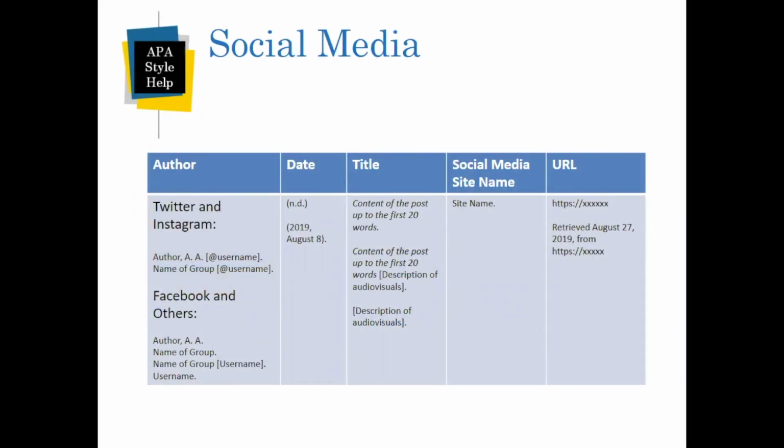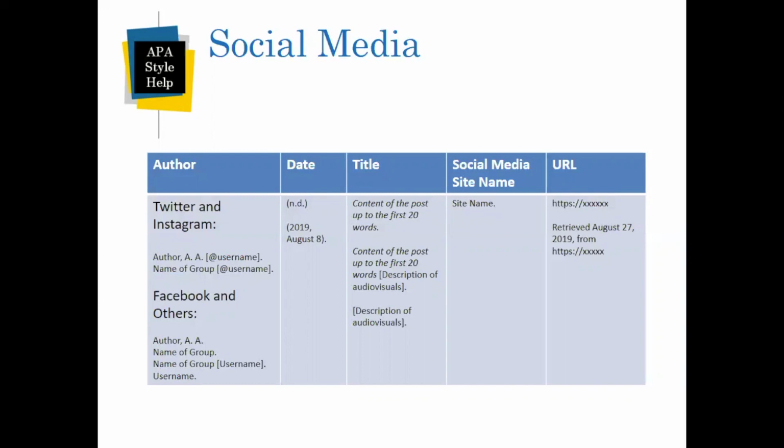Now that we have completed the basic and intermediate forms, we want to talk about the advanced forms, which in this case is social media. The APA 7th edition has laid out very explicit instructions on how to cite social media and what information needs to be included. This chart is taken right from the book, and it provides great guidance in what to do with social media information. So every social media citation is going to include an author, a date, a title, the social media site